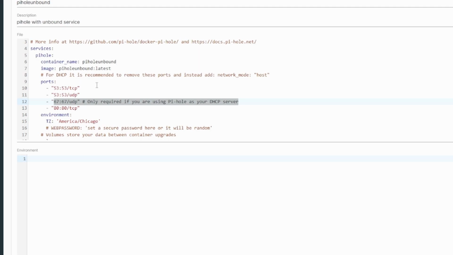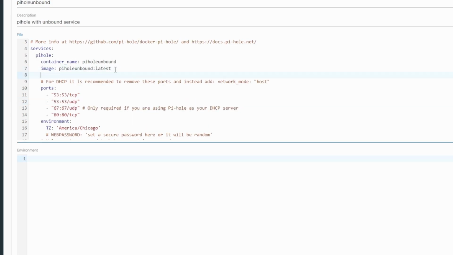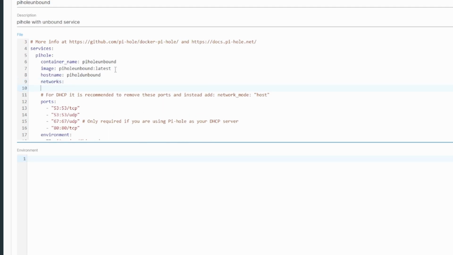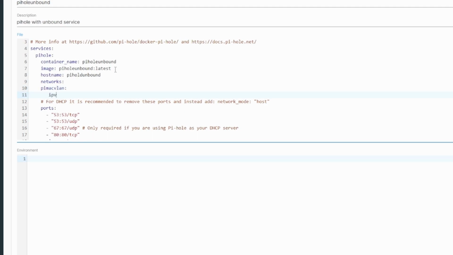So right after host name, well, there's no host name. Right after image, we're going to add the host name, and I'm going to call it pihole-unbound. You can call it whatever you want. And then after that, we're going to create the network. So we're going to do networks, and then I'm going to call mine Pi Mac VLAN, I guess. I'll do that. Pi Mac VLAN colon, and here we're going to do IPv4 underscore address